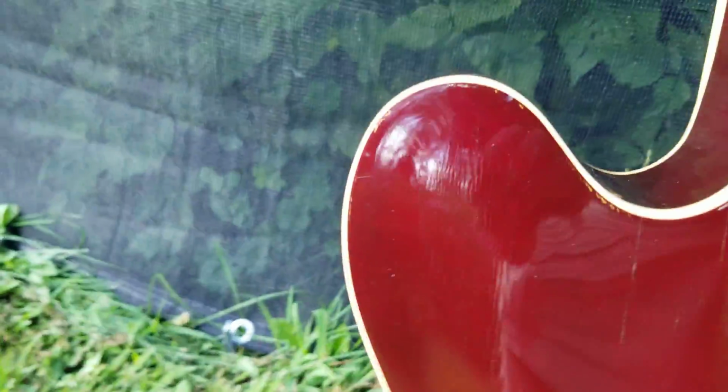There's a few scratches here. I think there's some guitar polish. That's why it looks white. I'll just kind of...